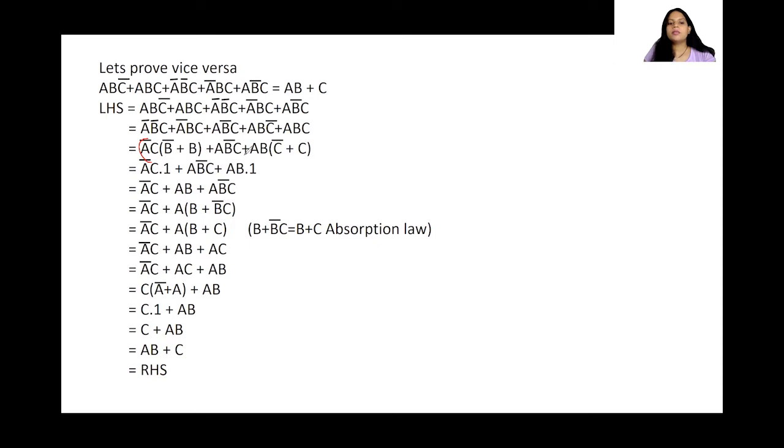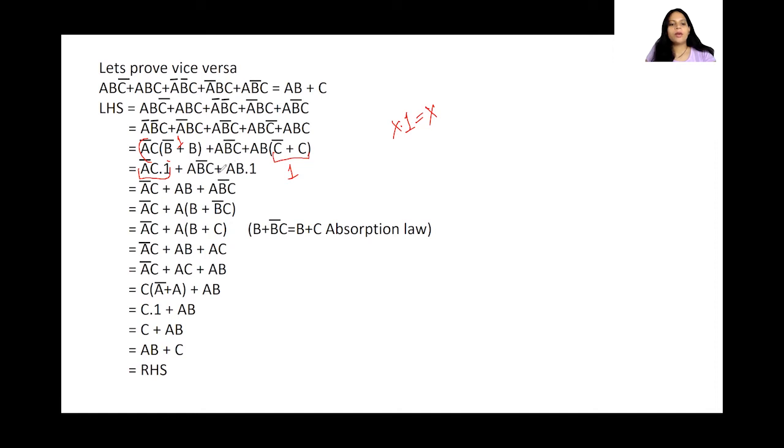Here AB bar C remains common, and here I'm going to take out AB common, and then C bar plus C remains. Now we know that this is nothing but 1, isn't it? Every time a variable is ORed with its complement, we will always get 1, and here also we are going to get 1. That is why here it is A bar C into 1, ABC remains just like that, and AB into 1. Now what happens? This will become 1 itself because X into 1 is always X, isn't it? So that is the rule we are going to apply here. So I'm left with A bar C here.